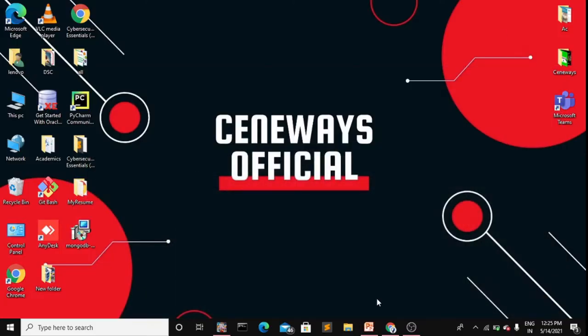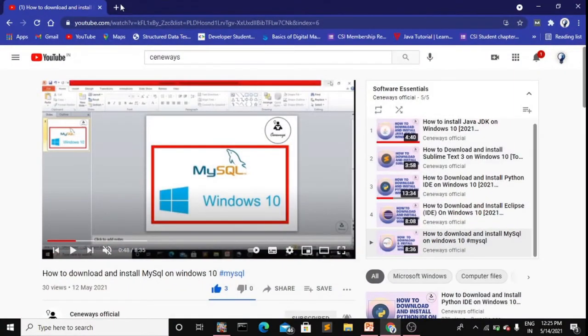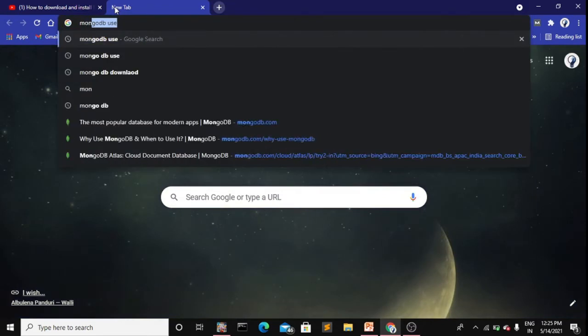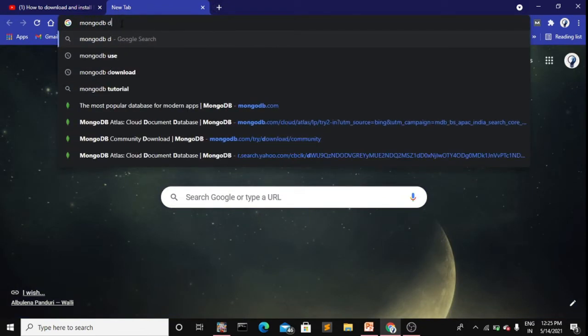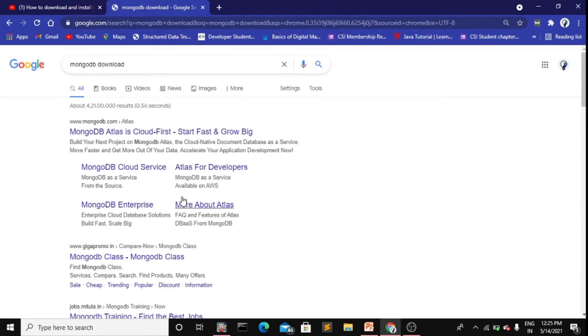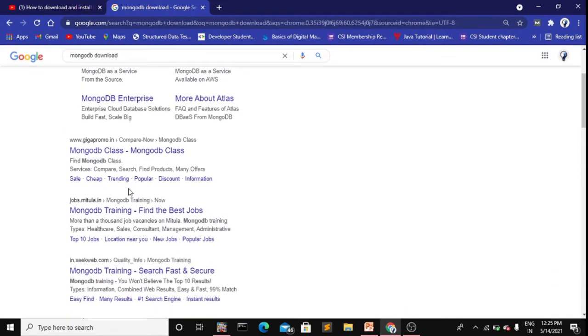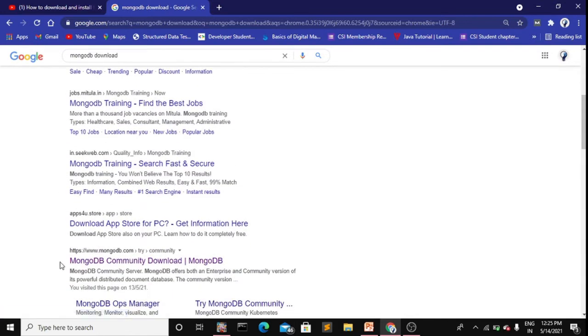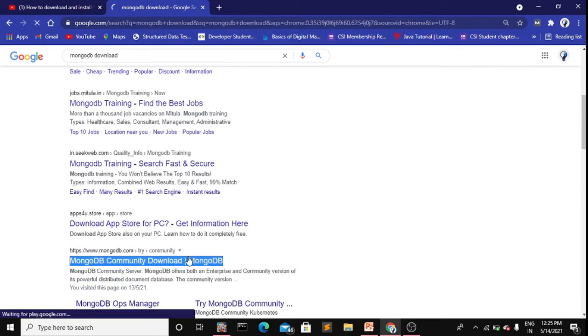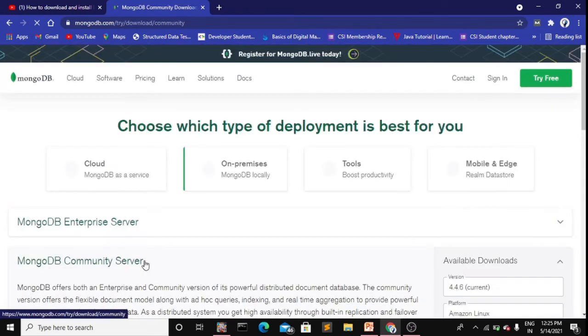Simply open your browser and type MongoDB download. Here you will find the MongoDB Community download. This is the link that we are going to navigate to. Simply click on MongoDB. I will provide the link in the description.